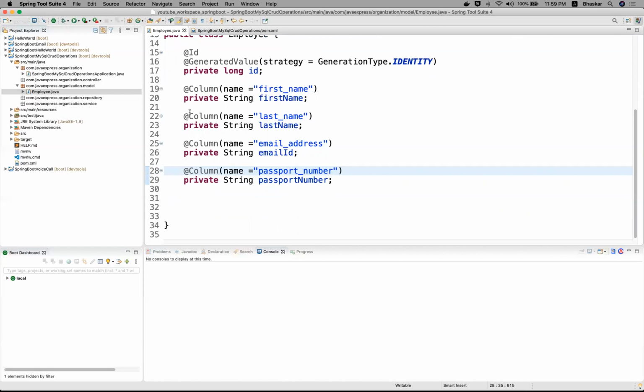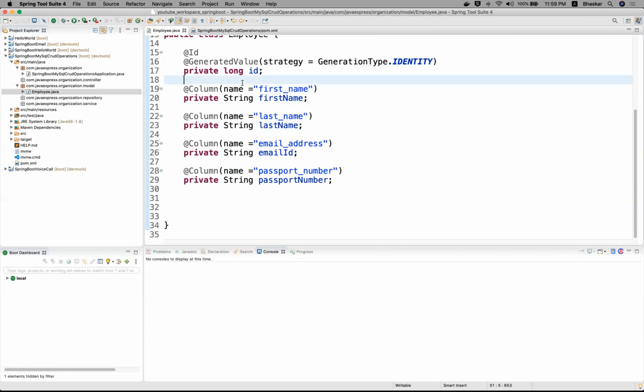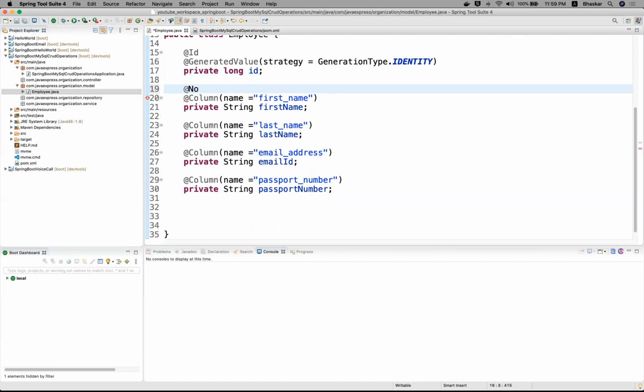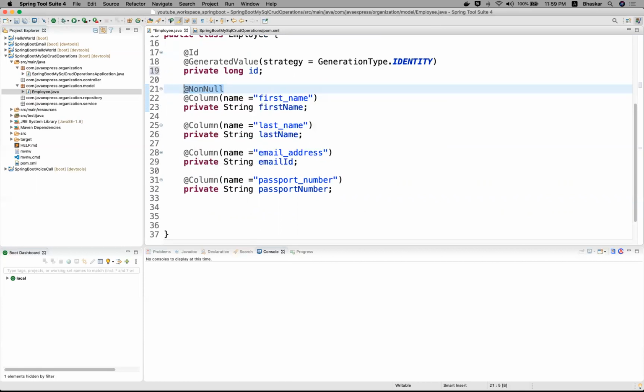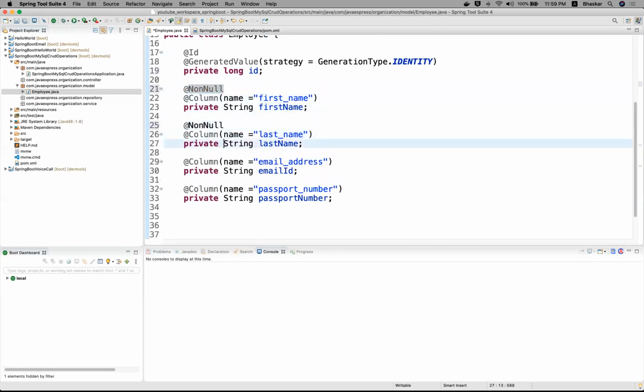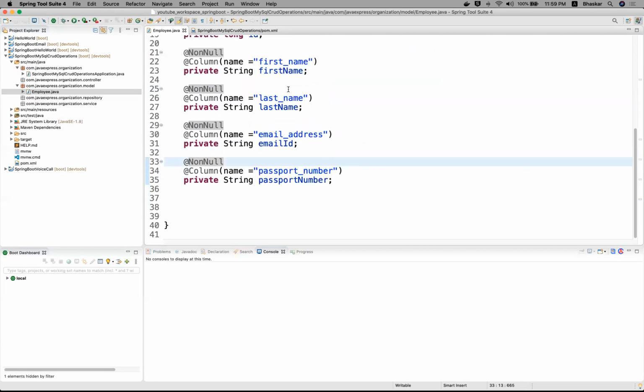Okay, these are the JPA annotations. Still we can do a lot of things. Each column I should not allow null values. While you are giving input, it should not be null. I can provide a not null annotation. Now try to see the not null annotation. Same thing you can apply for your last name also. You can provide your email id also. You can provide your passport number. I want to provide not null. Now as of now, this is my requirement. In future, we will change accordingly.